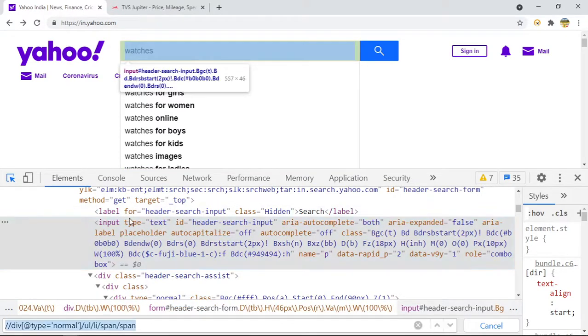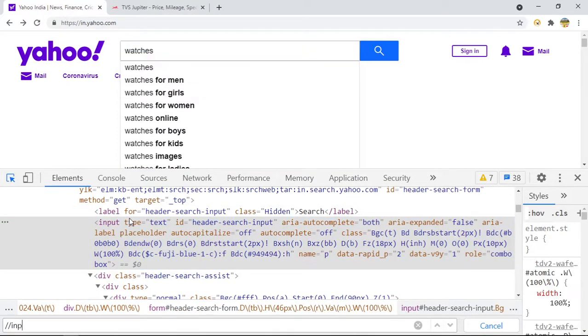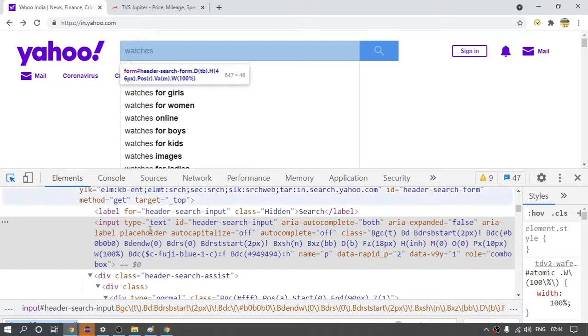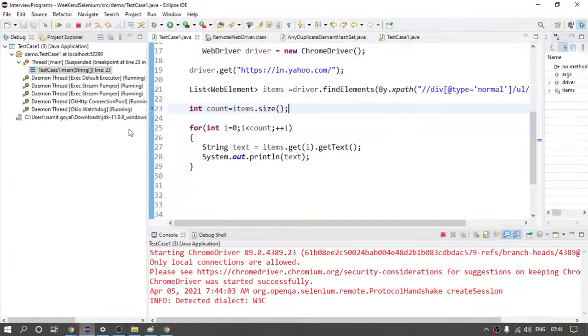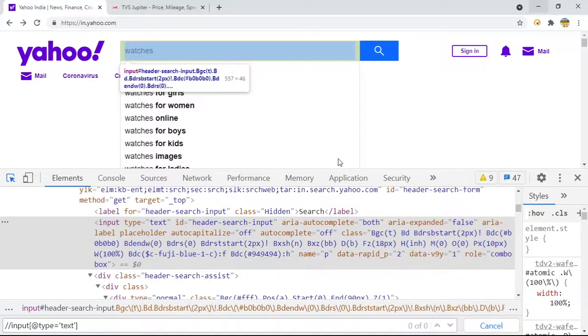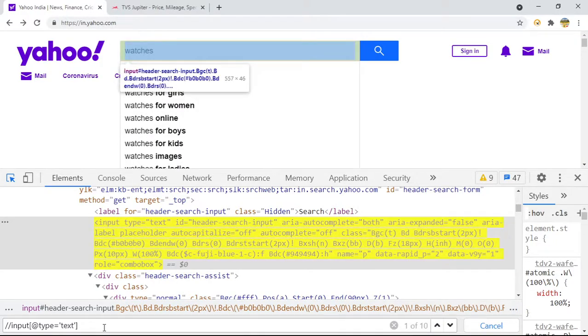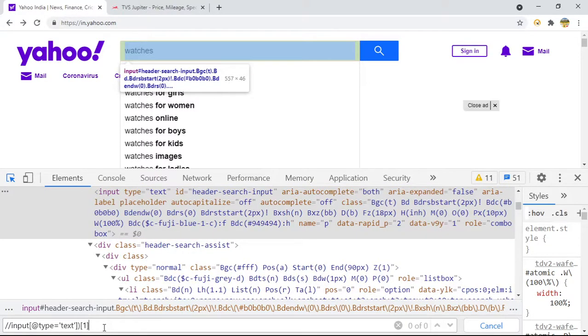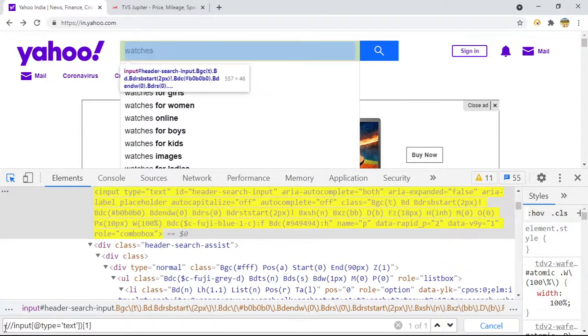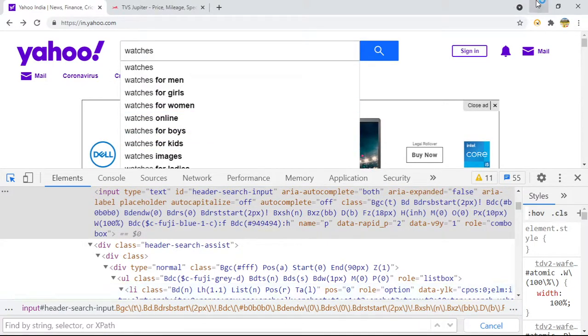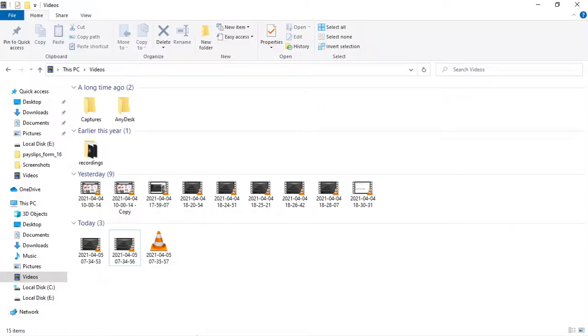Input type equals text. Now this will be highlighted. Copy this export, first send some data. Let me send any other data.